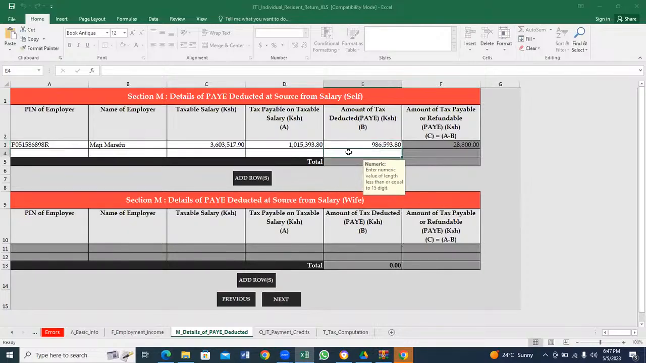There's a 28,800. Can you see that? It has self-balanced. You can see this. It has actually self-balanced, yenyewe na hiyo relief ambayo ni 28,800. Now, can we go and find out? Because according to our self-assessment in M, we are now telling the KRA that due to mortgage interest, which is an allowable deduction,